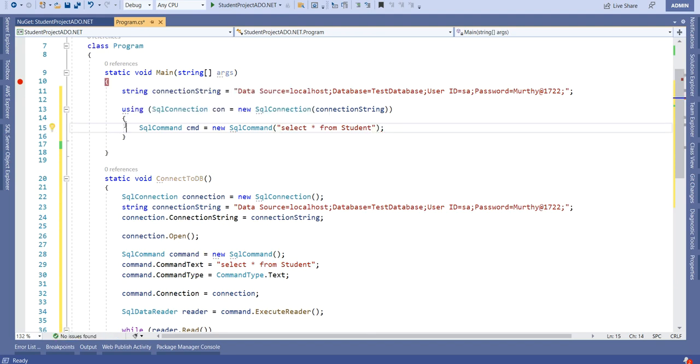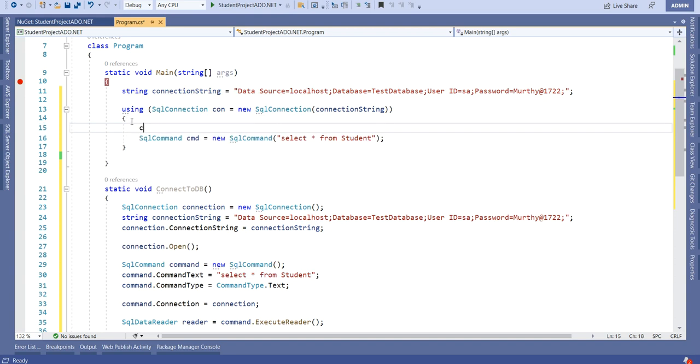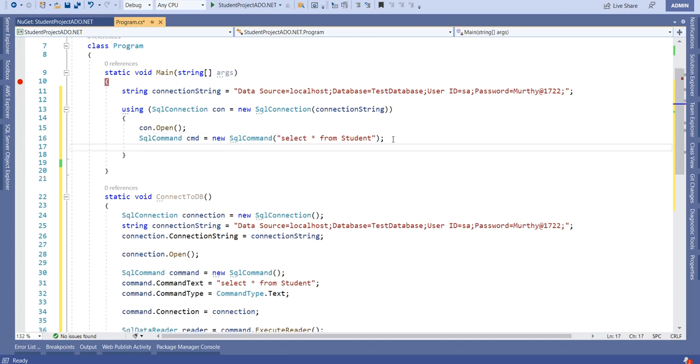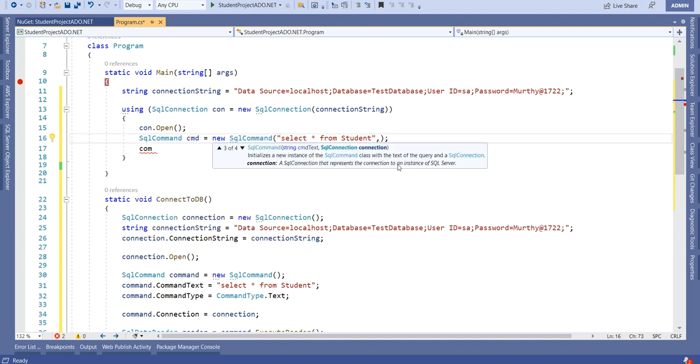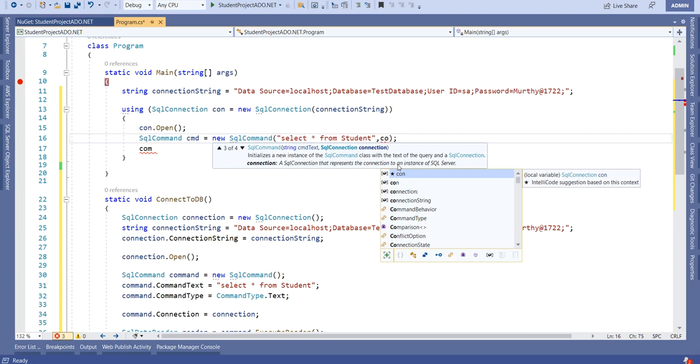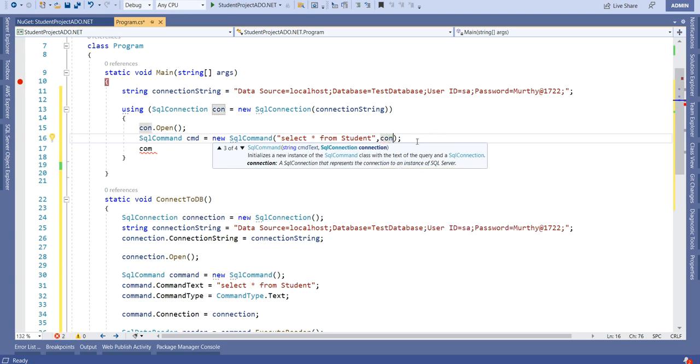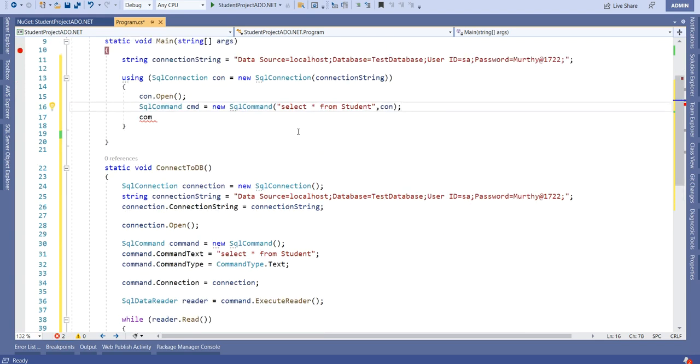And we need to open the connection object anyway. So con.Open, right? And along with the command text, we can also pass the connection object, so con. So in one step, we can pass both the command text and connection object.